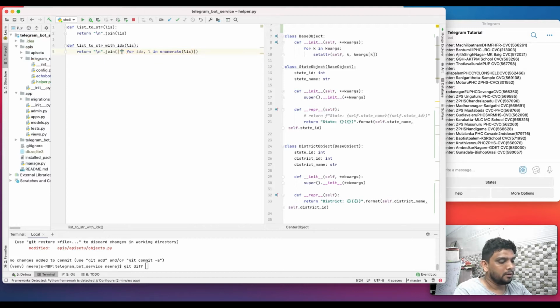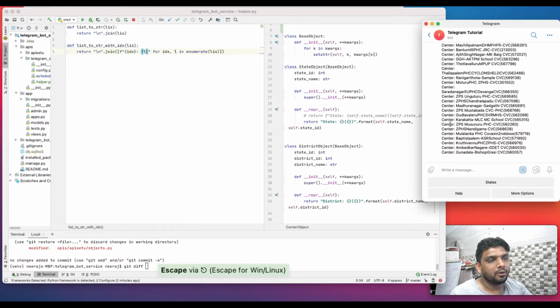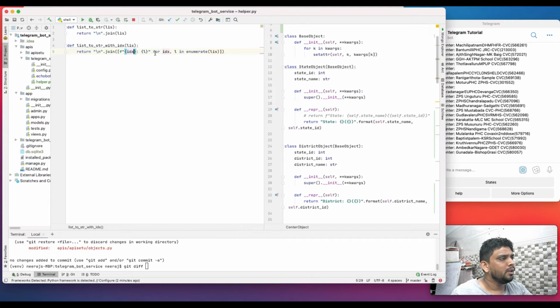Over there, I am going to create a string with the index and then the value. Like over here I have print center. Now I am going to print 1, 2, 3, 4, 5 and so on, and since it starts with 0, let's add 1.